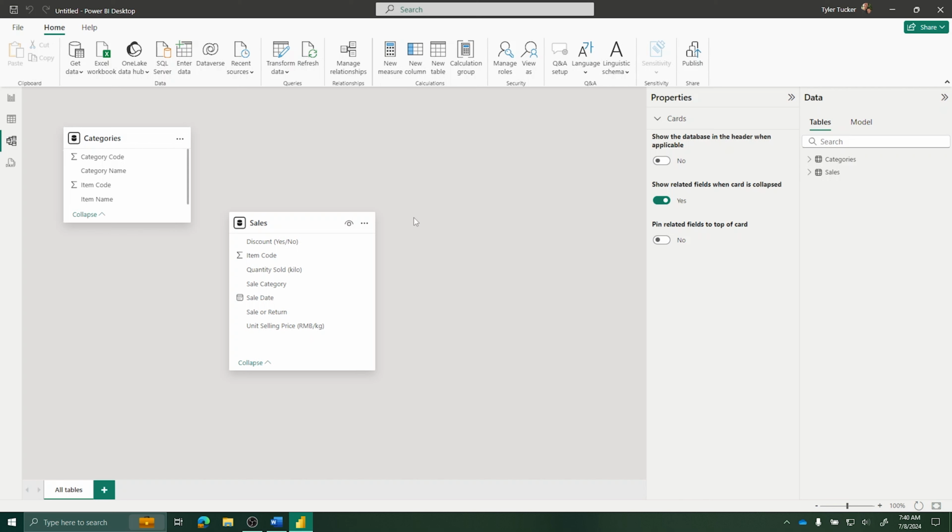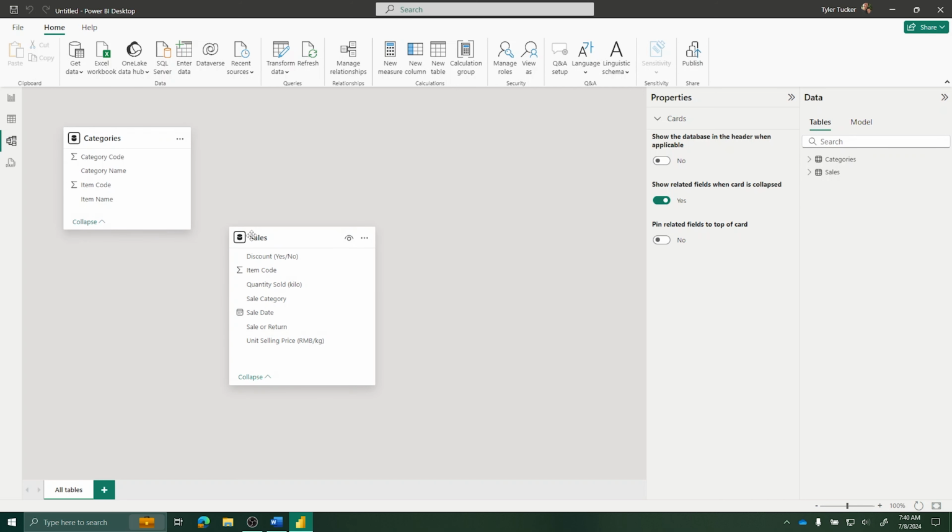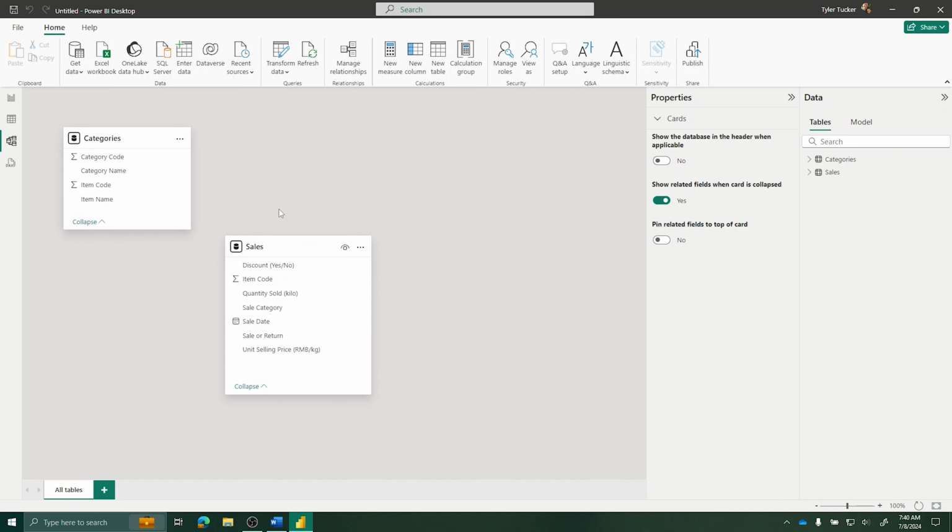Now you will hear people, or if you're going to take the Power BI PL300 test, you will probably get asked about a star schema. Now a star schema is basically when you come to model view, it is telling you how all the tables are related. So basically, our fact table is usually somewhere kind of in the middle, and then our dimension tables surround it. So our categories, if we had another dimension table to give us more information about items, or in a moment when we create our calendar auto table, we're going to use that as a sort of dimension table